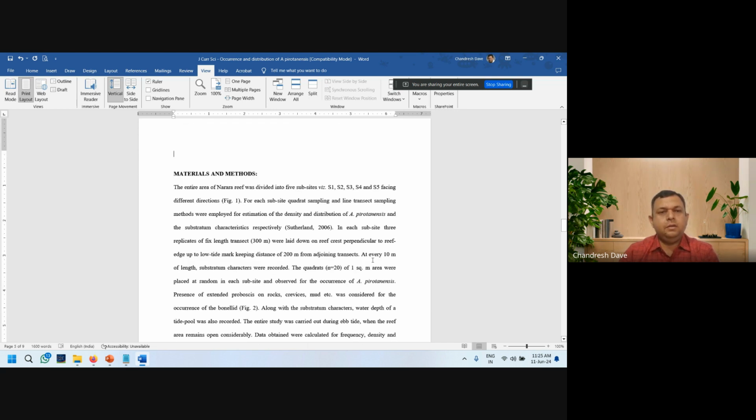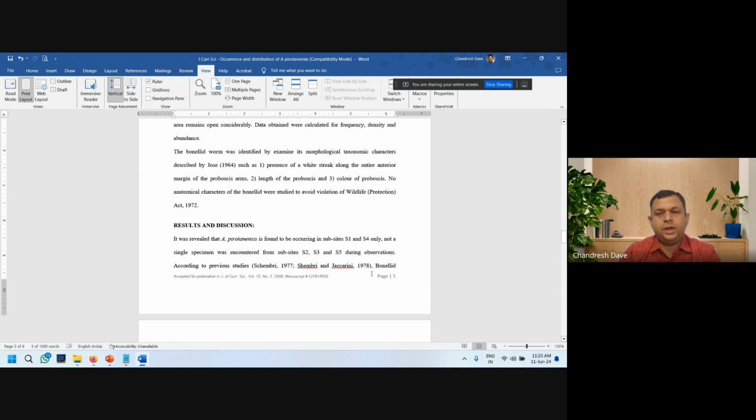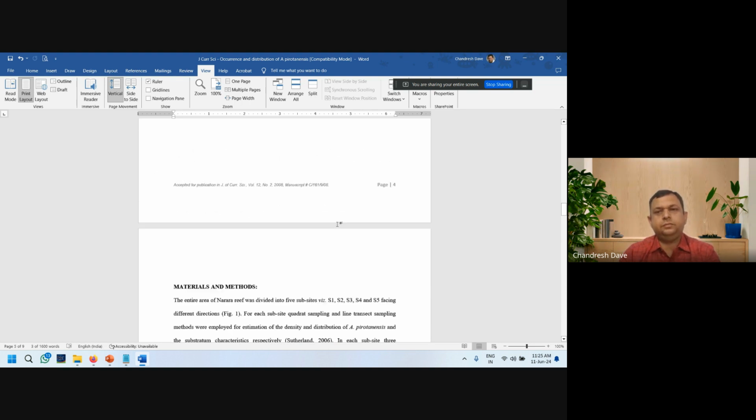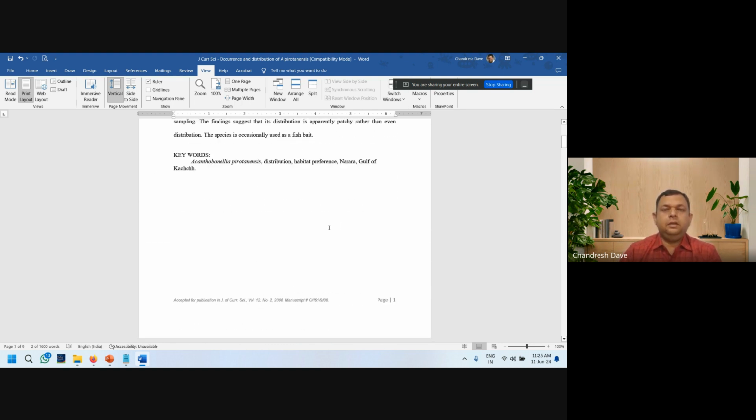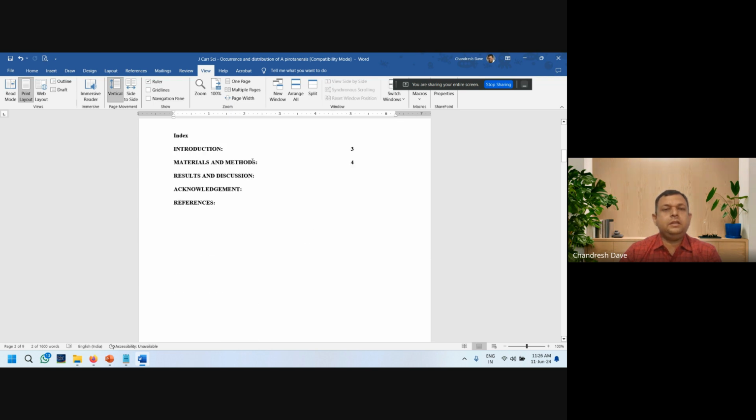You can see it is shifted to page number 5, but still it is mentioned on page number 4 in your index. You have to manually go and update it. So it is cumbersome, and many times there is a chance of error.